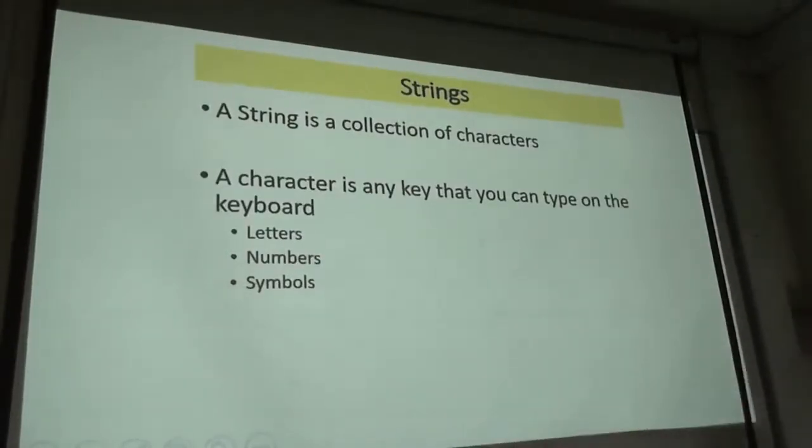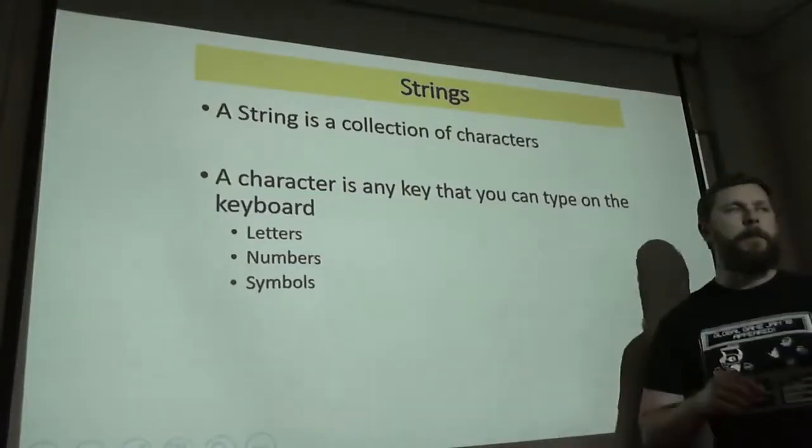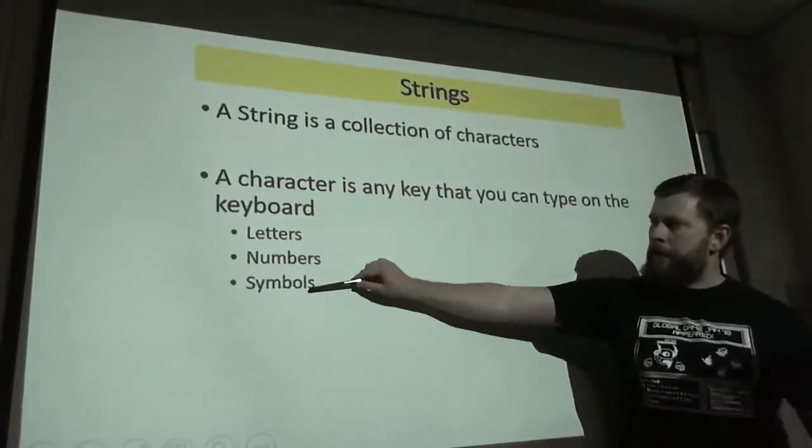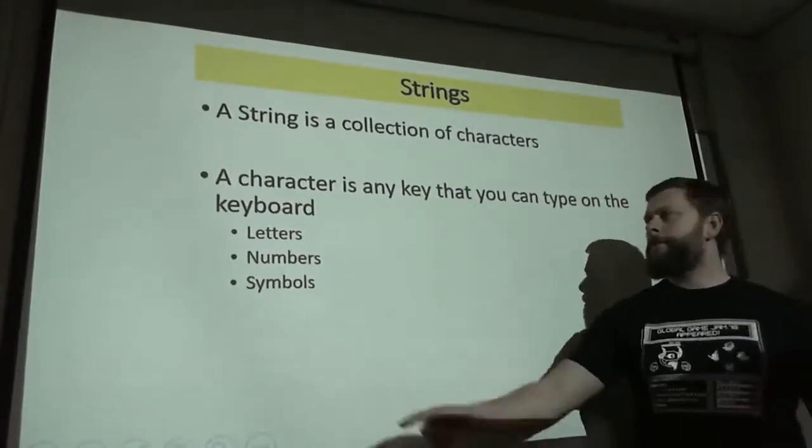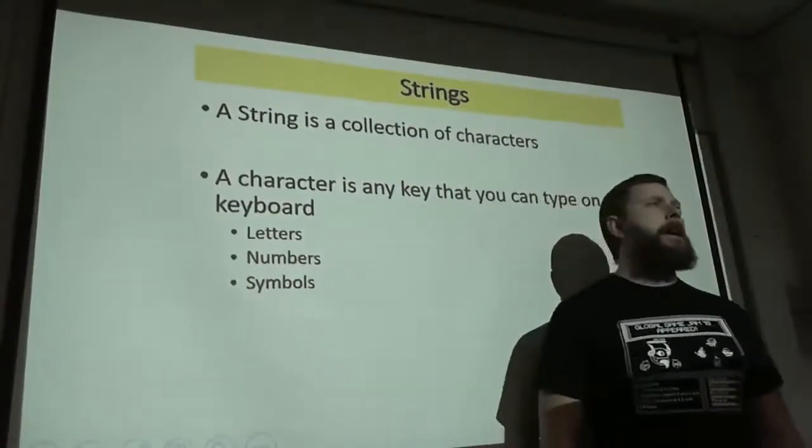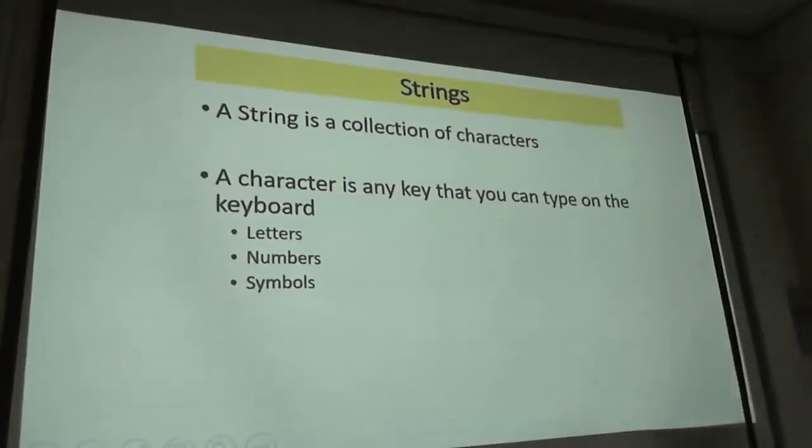Okay, so a string is going to be a collection of characters. A character is any key that you can type on the keyboard. So it includes all of your letters, all of your numerals, and symbols. Most people get the letters and the symbols immediately. The one thing that's worth noting is that a character is a number between 0 and 9. 10 is 2 characters. 100 is 3 characters. It's the numeral 1, and then the numeral 0, and then the numeral 0. So we just need to be aware of that when we're dealing with numerical values in our characters. What about negative? Negative would be 2 symbols, because you have the negative dash plus those values,